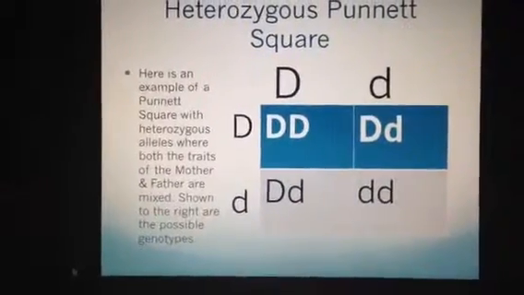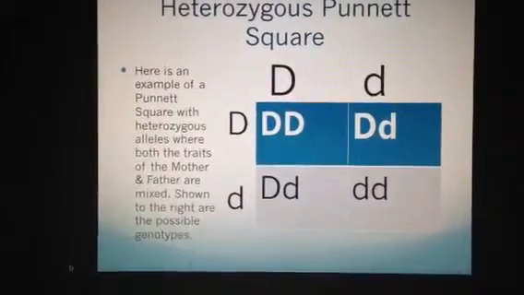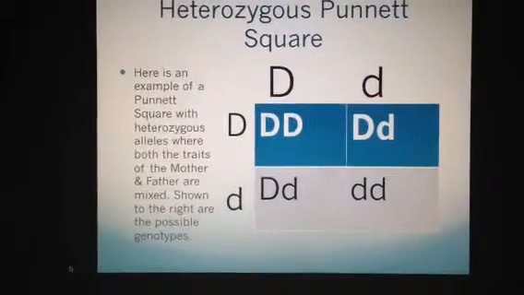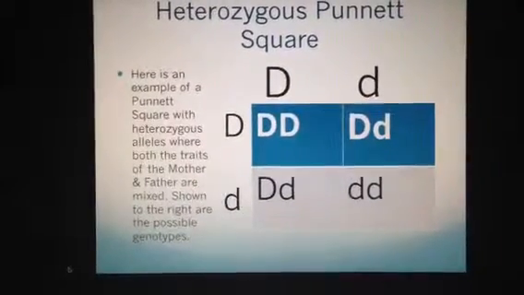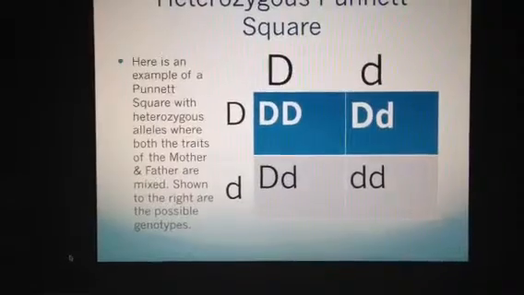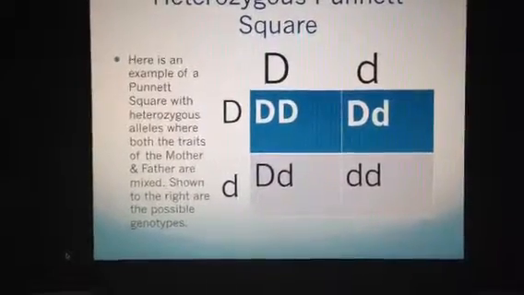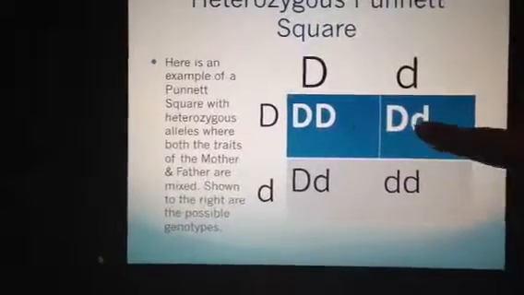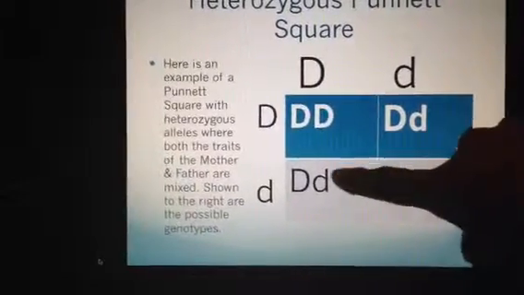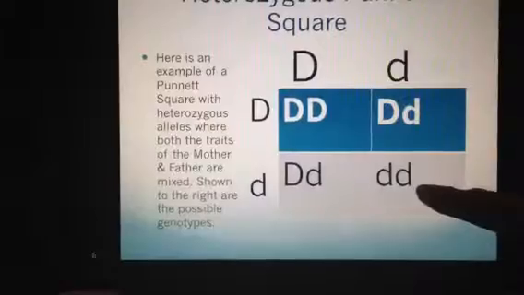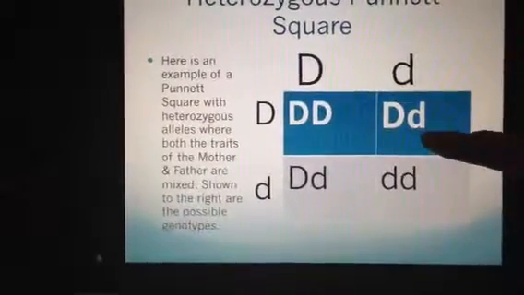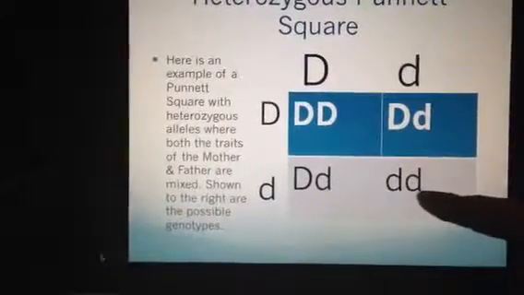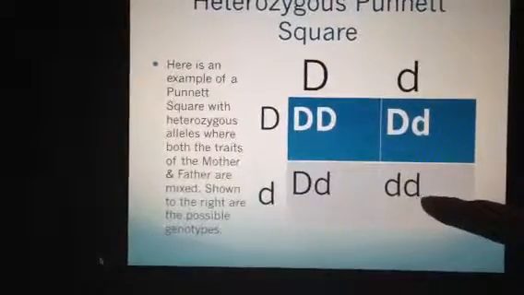Next we have a heterozygous Punnett square, where the father on top has uppercase D, lowercase d, and the mother has this exact same thing on the left. The alleles are obviously the same, so when you see the possible crossings, they're much different. Here you get double D, here you get uppercase D, lowercase d, uppercase D, lowercase d, and little d, little d. In this case, 75% will have dimples, and there is a 25% chance that they would not have dimples